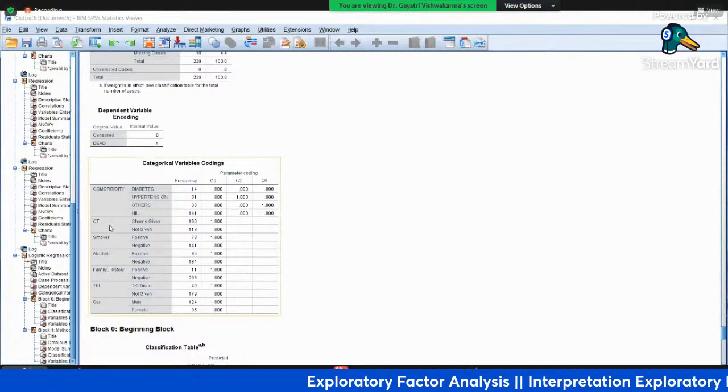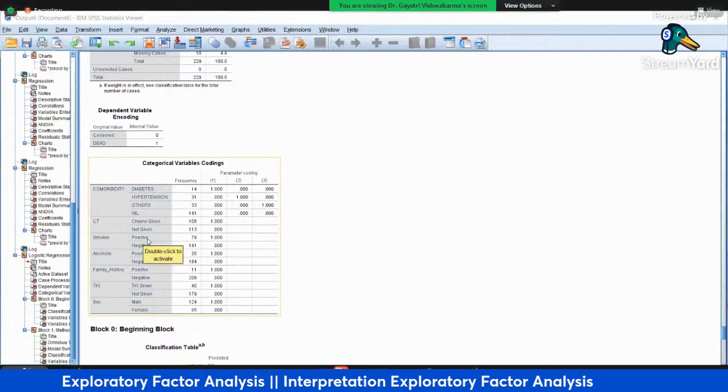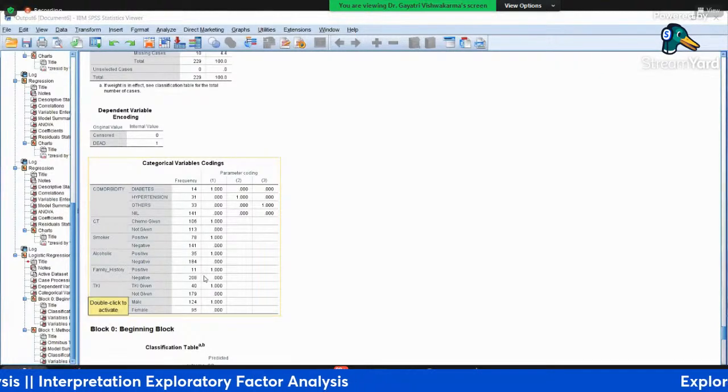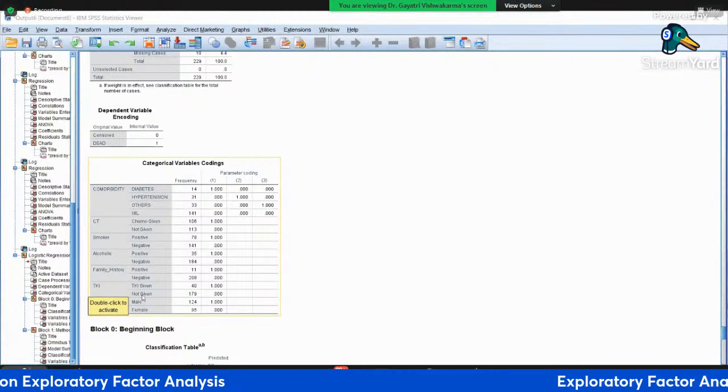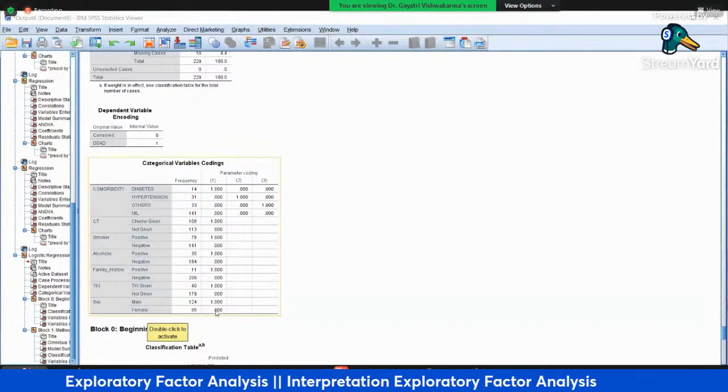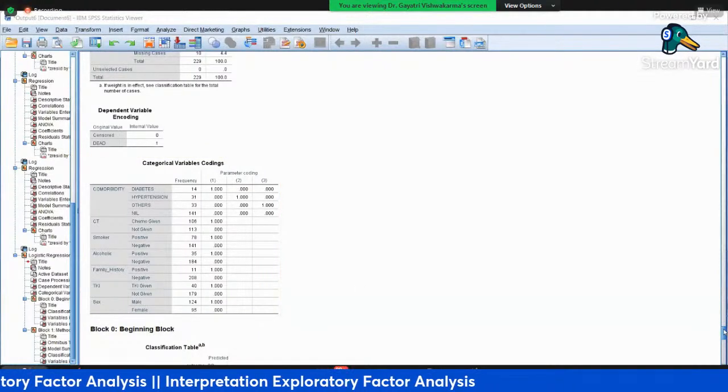So chemotherapy given or not given, smoker is whether the person is a smoker or not, alcoholic, family history is there or not, TKI is given or not, then male and female. Wherever you are getting this, that means it is given. Female is the reference category.